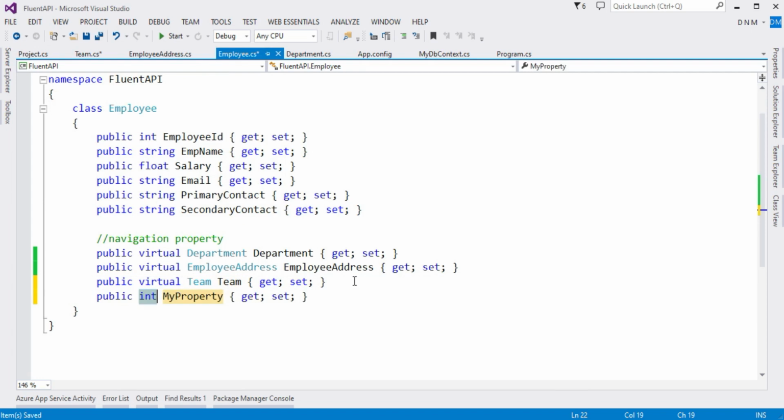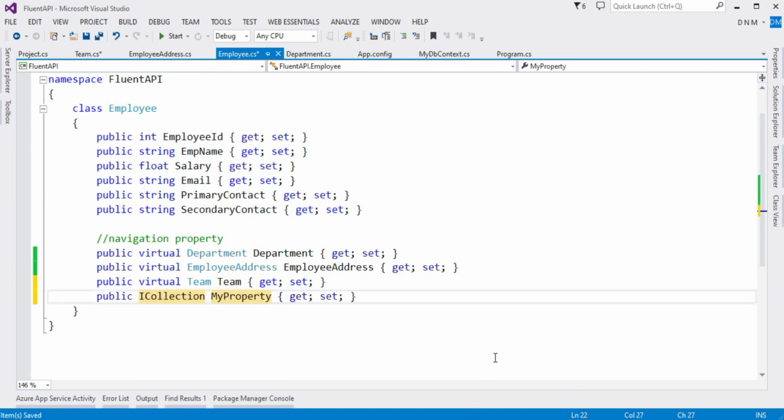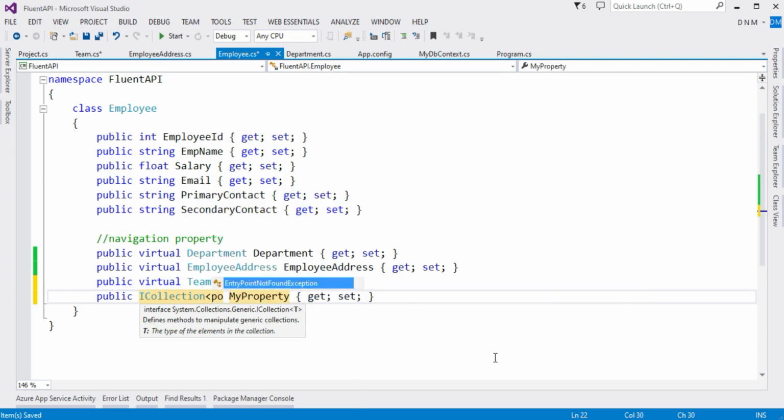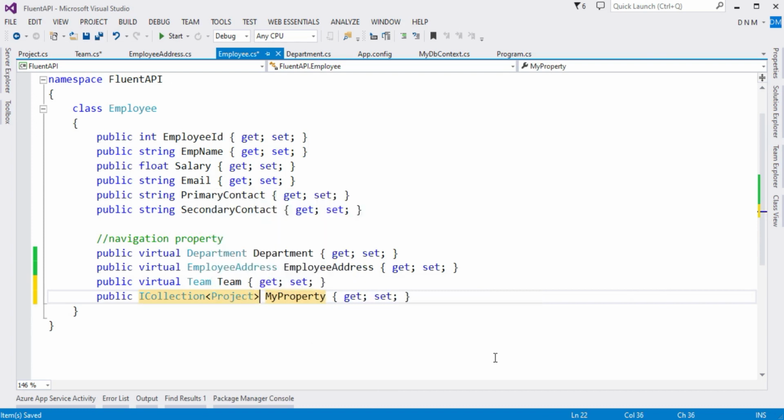So prop ICollection, sorry, here it will be Project, and my property name will be Projects. Okay, and again this is going to be virtual. Okay, so we're done with the navigation property.